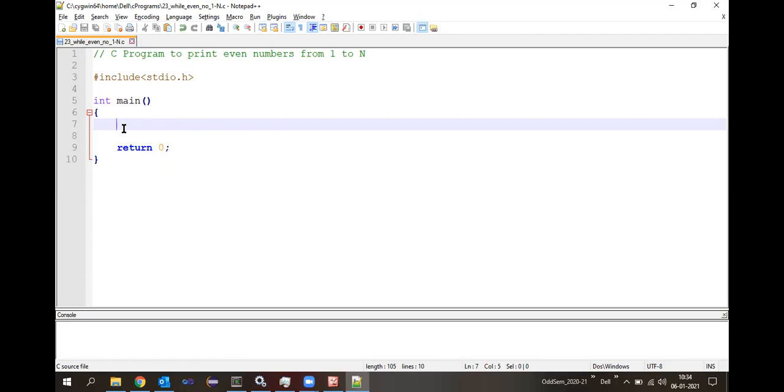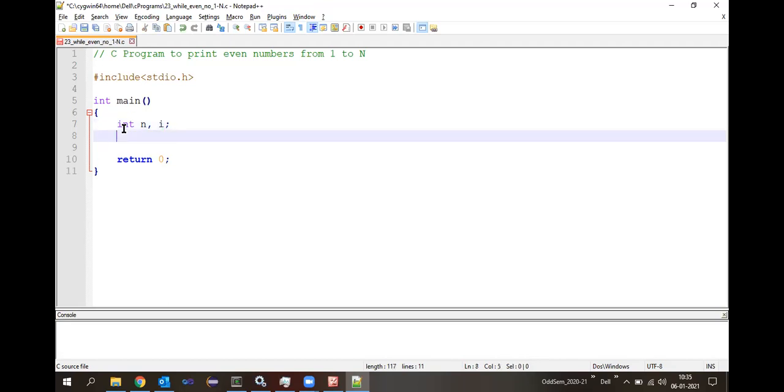So how many variables do we require now? We require one variable to store the n value, and a second variable for the counter value. Now let us make it simple. Instead of writing counter, I will use the variable called i here. i is for the iteration purpose. It is going to store the counter. Every time we repeat through the while loop, i will be incremented.